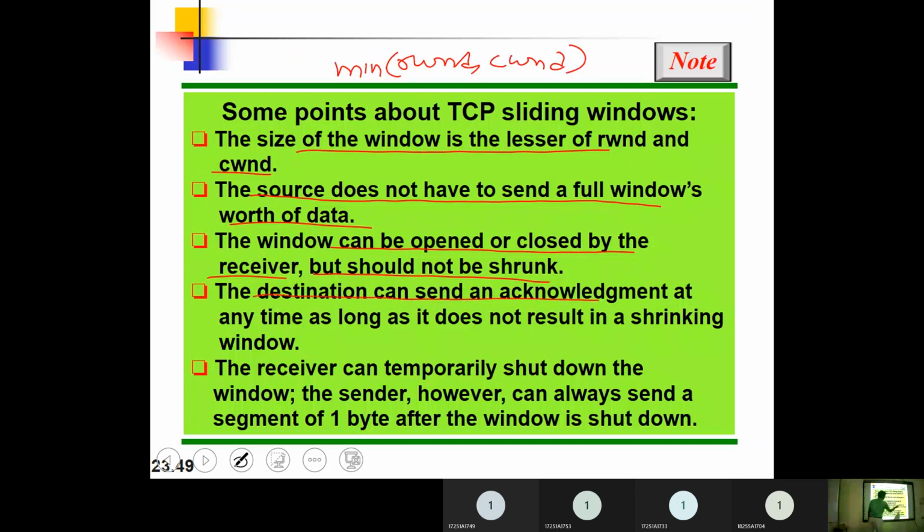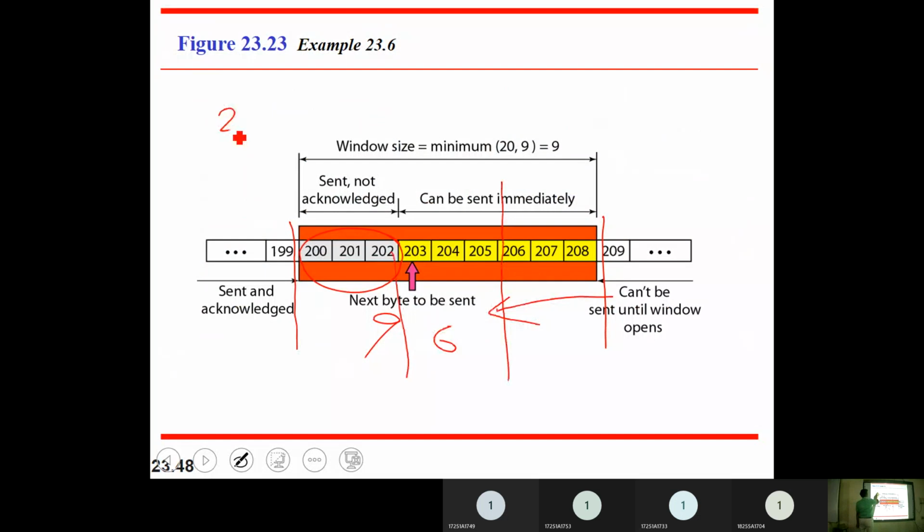The destination can send an acknowledgement at any time as long as it does not result in a shrinking window. So the destination can send acknowledgement like 202 with receiver window 6 or 201 with receiver window 7, but it cannot send 202 with receiver window 3.